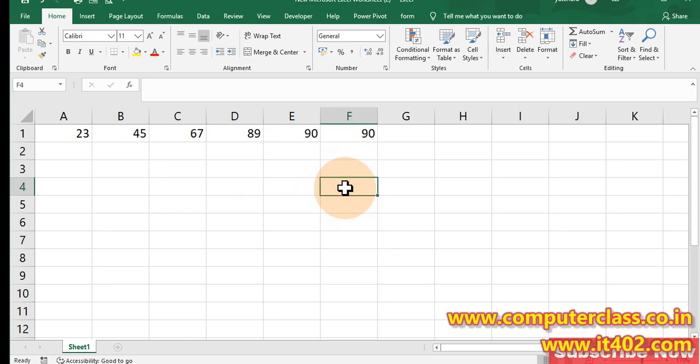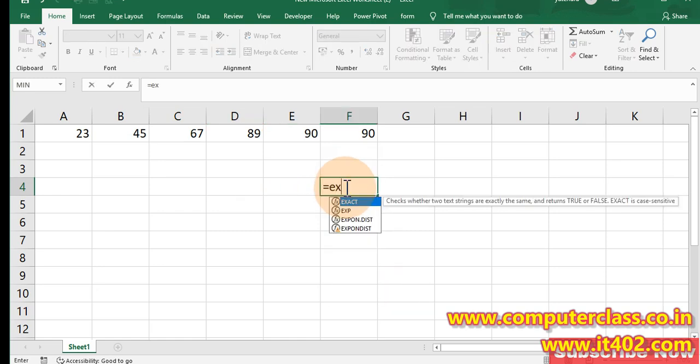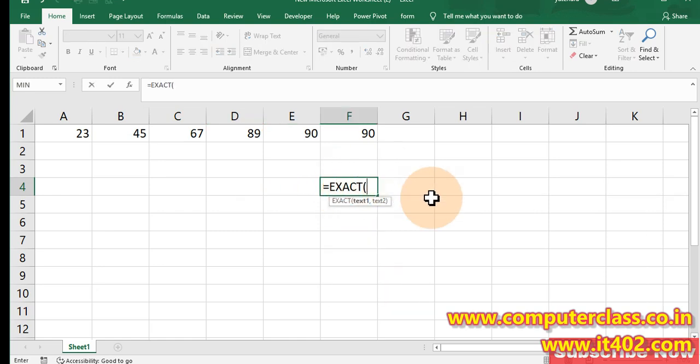For example, I have written here equal to exact. I don't know what the use of the exact formula is, but I should know how many inputs I need to give inside this formula and what type of input.